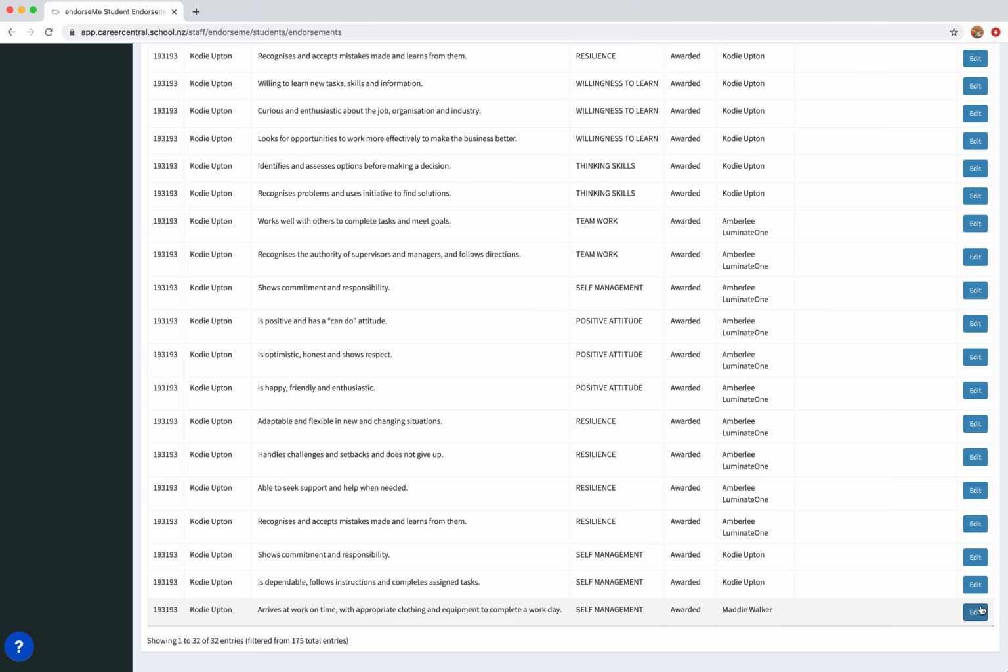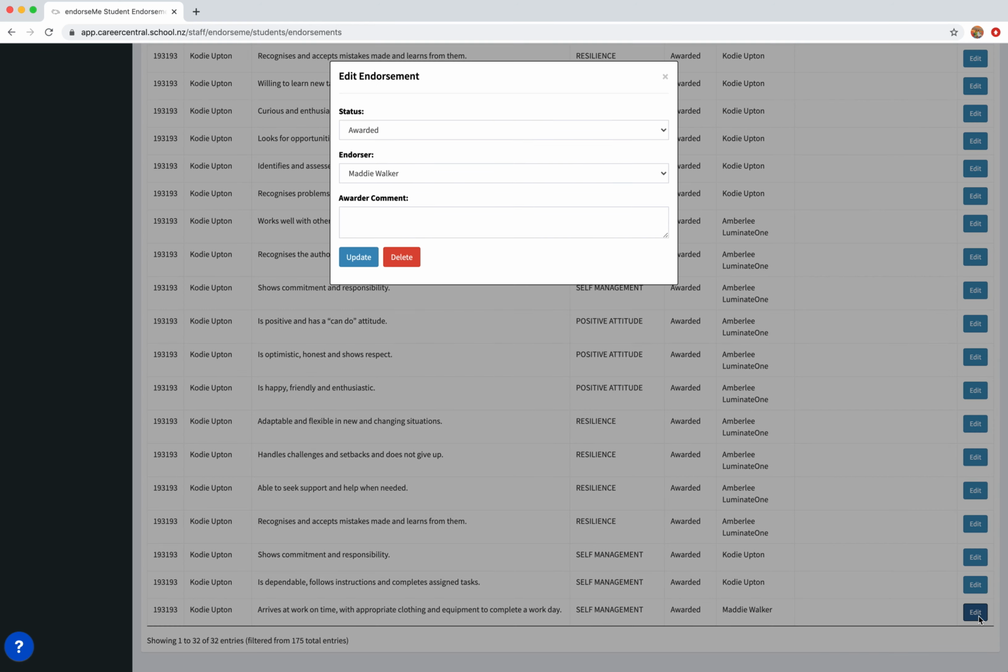So we're just clicking this blue edit button on the far right, and this little window pops up here. Now you can edit the status, the endorser and the comment. Now the status, you have the option of awarded or not awarded. If an endorsement is not awarded, it's removed from the young person's profile and they won't be able to see it in the app anymore, but it does keep an imprint of it on your records. So we usually recommend going with not awarded as opposed to deleting it altogether, because then you have a record